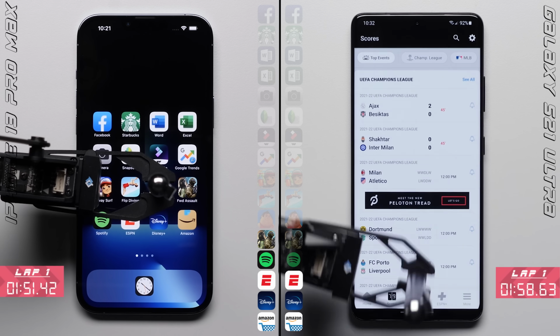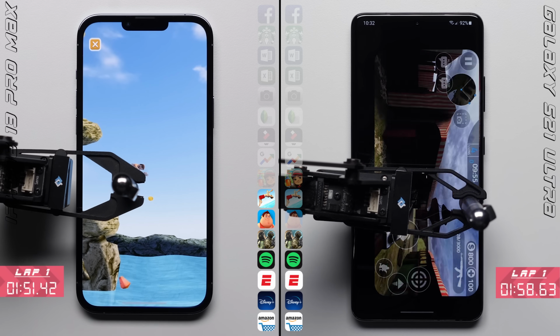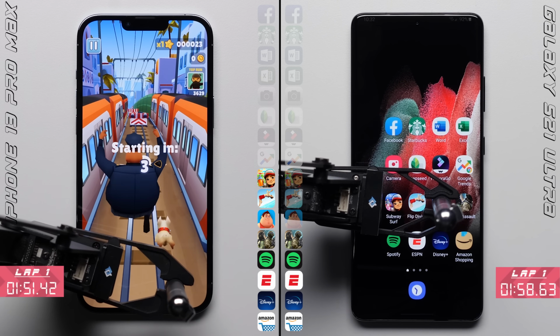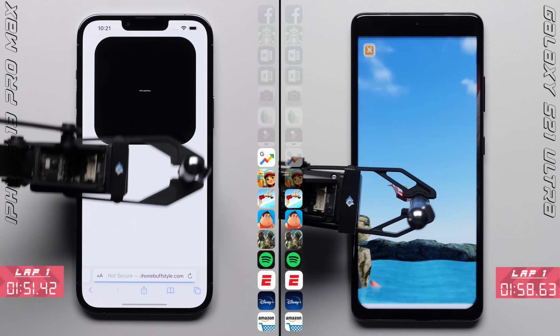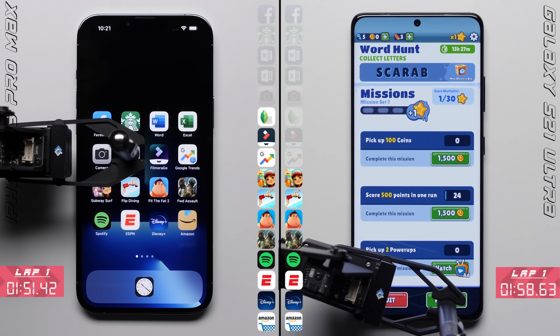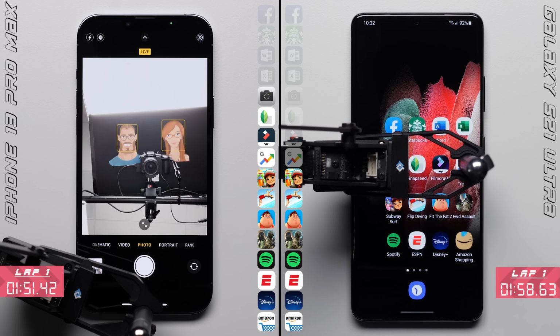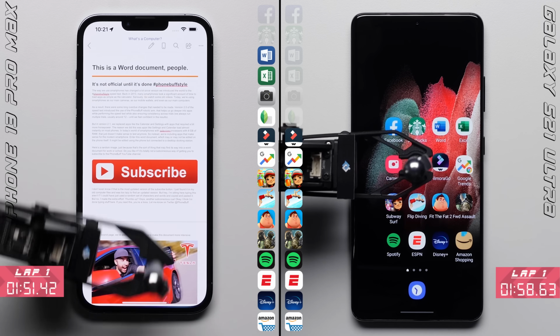So at least when it comes to perceivable real-world speed with apps that are actually on the App Store, obviously the iPhone isn't 50% faster like a synthetic benchmark would have you believe. The Galaxy actually does a much better job at loading those lightweight apps due to probably having more RAM and caching those apps better, while the iPhone does a better job with the more processor-intensive tasks like video exporting, which in the day and age of creating short-form content on your phone for things like TikTok